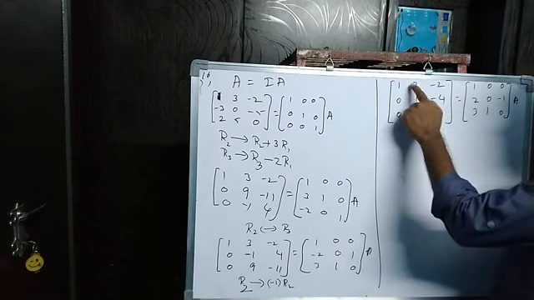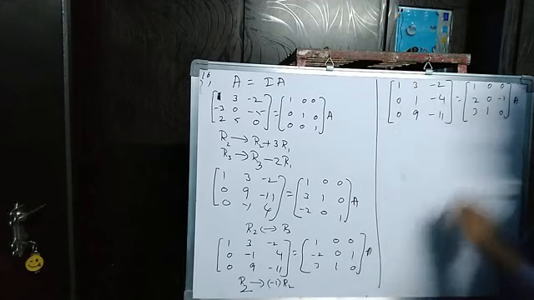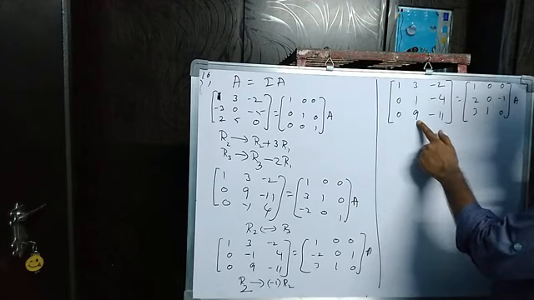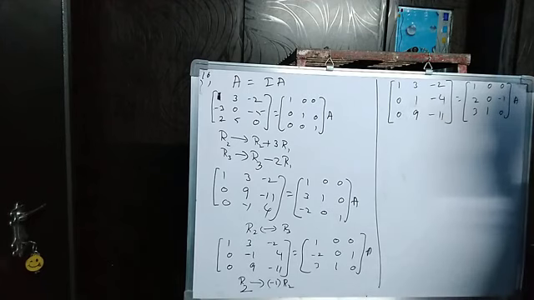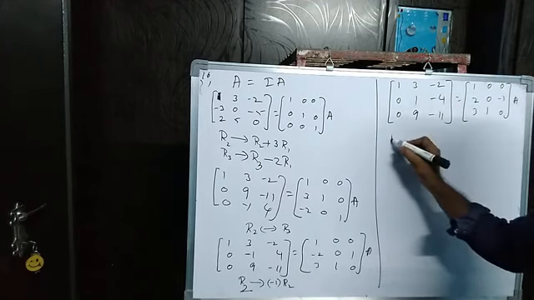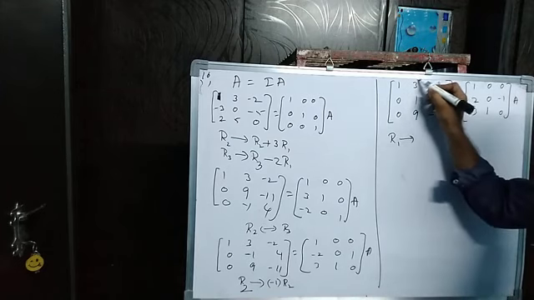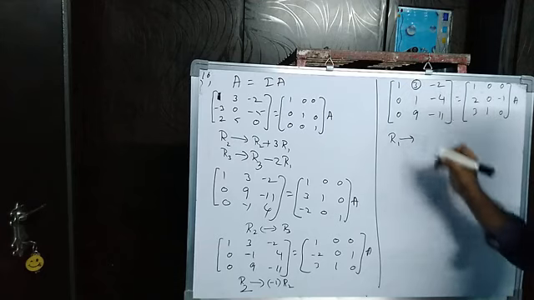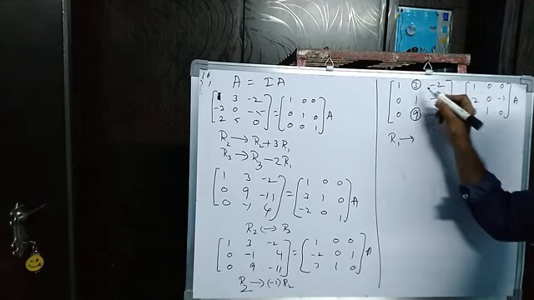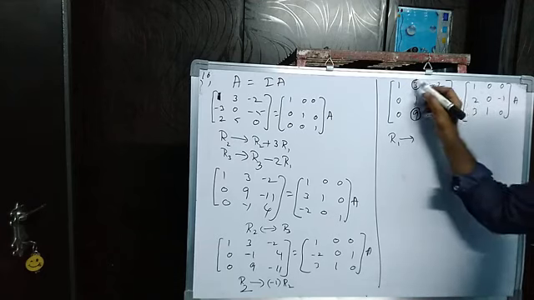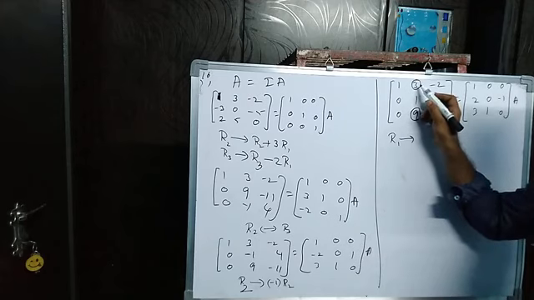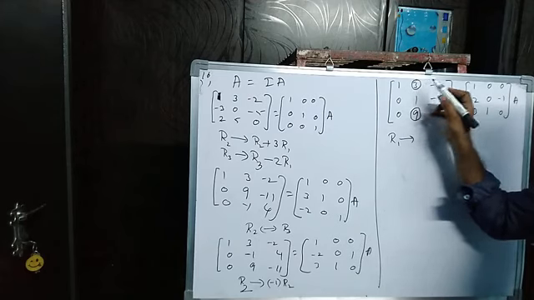To make here 0, what have to be done? 3, we have to subtract 3. Here 9, we have to subtract 9. By using this R1 only, R2 only. So now R1 I am going to change. Why am I going to change R1 here? We have to make 1 or 0 here, to make here 0 and to make here also 0. First I will explain this one. To make here 0, we have to subtract 3 from 3, or not? Yes.